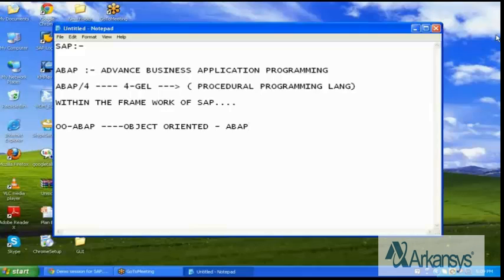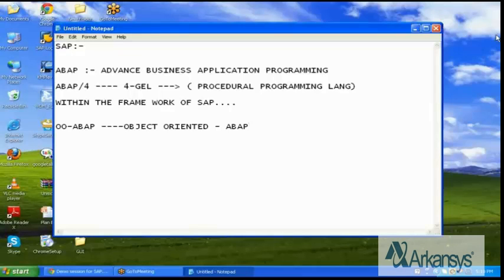So that is where your object-oriented programming comes in handy. If you are, as you said, already working on SAP CRM, if you look at SAP CRM, the ABAP part of SAP CRM technical, as we say, primarily focuses on object-oriented ABAP. The expectation is, when you move into CRM technical, you should already be an